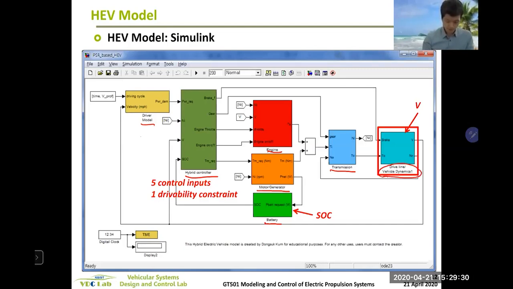Okay, and this plant, this hybrid electric vehicle powertrain, needs 5 control inputs, which is use 5, and then 1 drivability constraint, meaning that